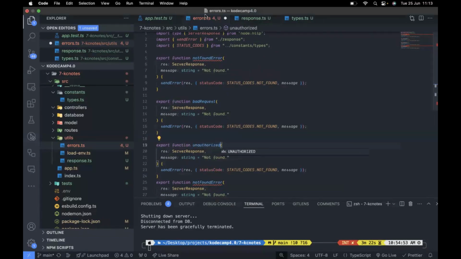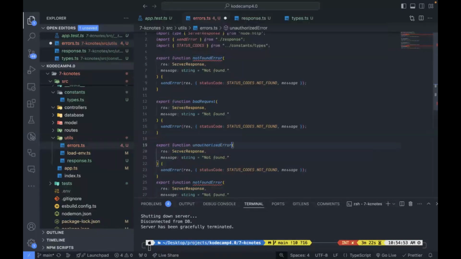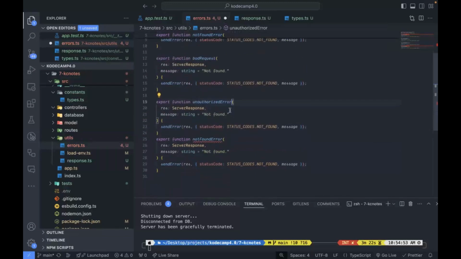Unauthorized. Okay, and before I continue, things are beginning to get, should I say, messy or complex. So you should pay maximum attention. And this is the reason why I was advising you to at least grab the basic concepts. Now we have the unauthorized, and we have the internal